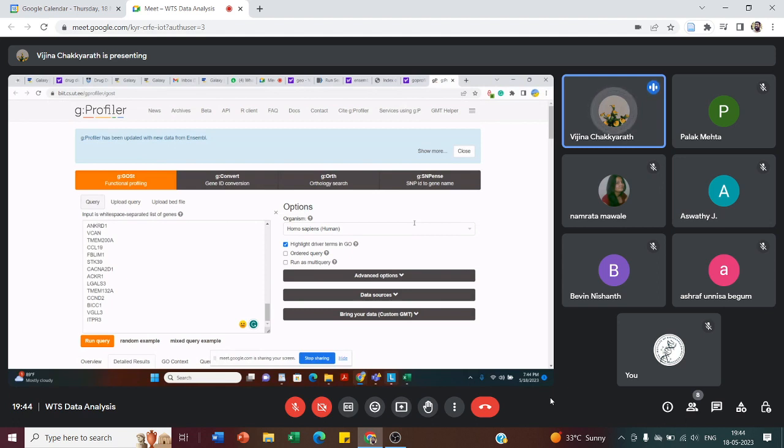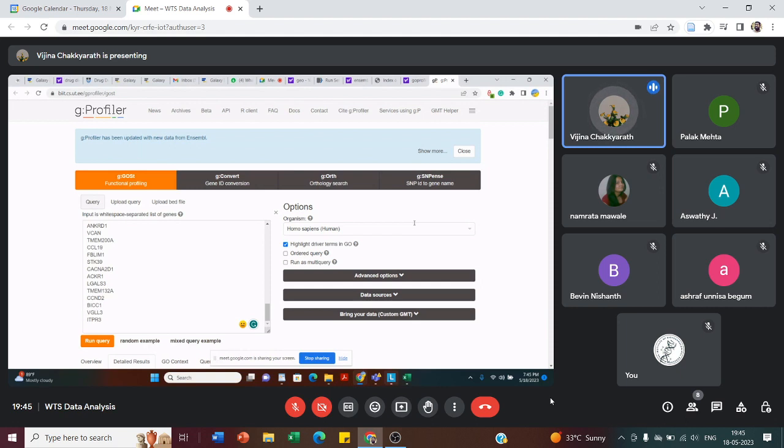And after getting the alignment, we are counting the data, we have to get the count data of that alignment. For that we are using featureCounts. Then after featureCounts, we are